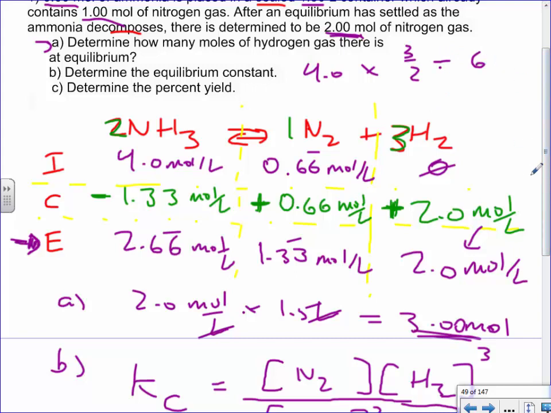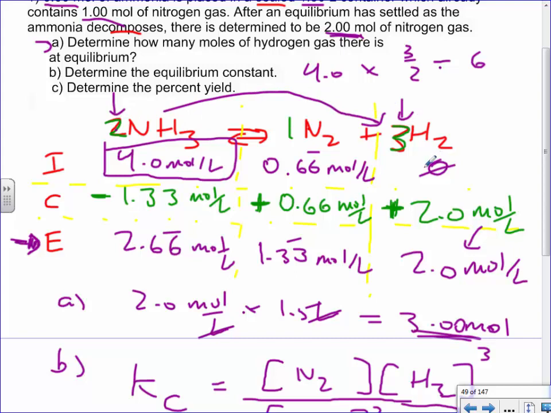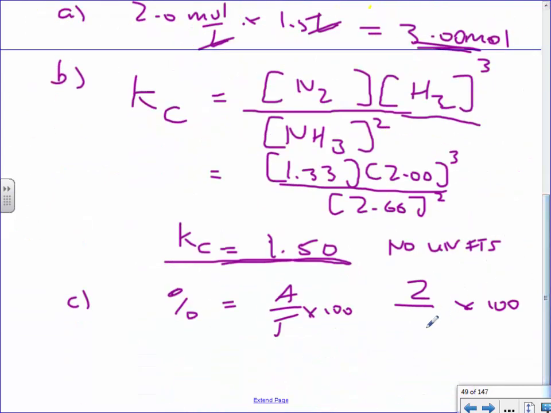Should I say that again in case you didn't catch that? You started with 4, and then you really just have to focus on the coefficients. 2 would have turned into 3. So a 3 to 2 ratio on your 4 means you could have made a max of 6 moles per liter. So 2 out of 6 gives us a percent yield of 33%, which does sometimes perplex people